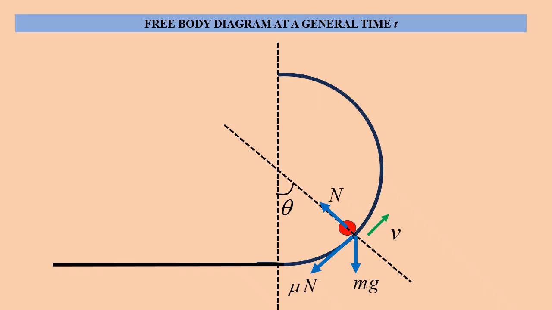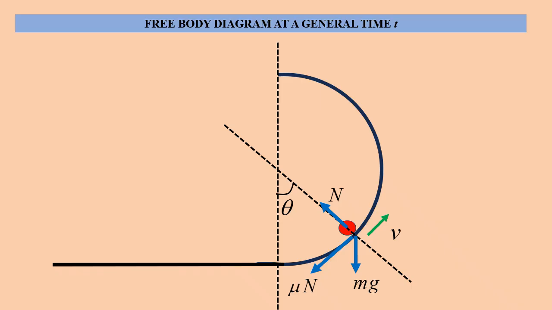What's a general position? A general position is a position attained in some time t, and during this time the particle has moved angularly by an amount theta. It has covered a distance along the periphery of the track, that is a circumferential distance of s, denoted by small s, and at the current moment it has a net speed v. The magnitude of its current velocity vector is v, and this velocity vector is along the tangent to the particle